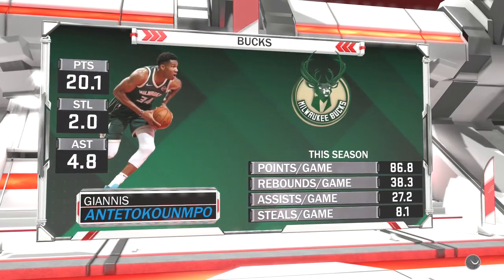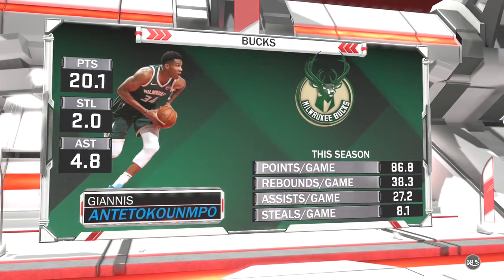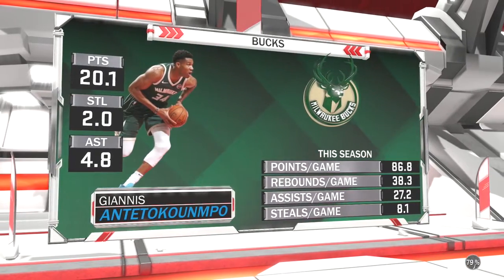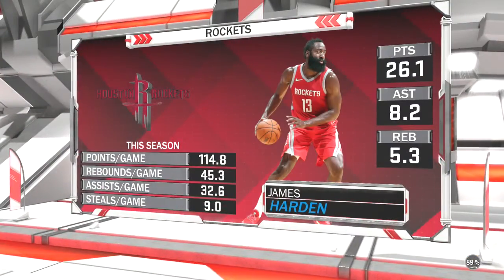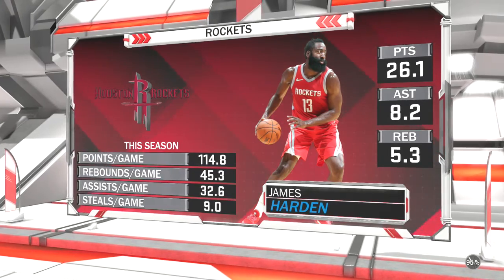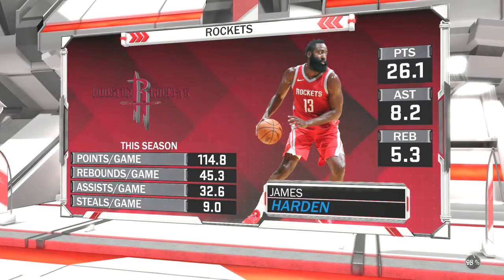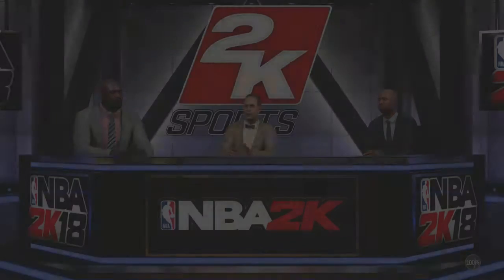And coming right up, we'll see the Milwaukee Bucks playing against the Houston Rockets. Houston has to feel pretty happy about their recent play. They've got an opportunity tonight to sweep the season series 2 wins to none. The coaching staff commented that they feel confident coming into this one. We'll be checking out